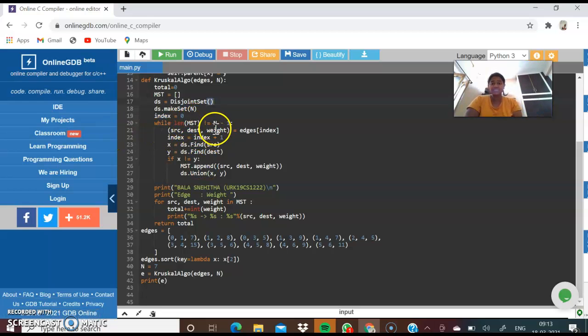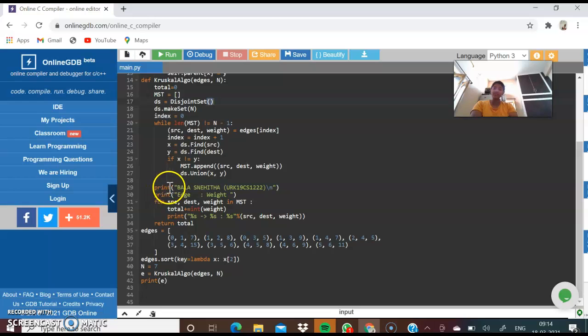Then while length of mst is not equal to n minus 1, then src, dst, weight equal to edges[index], index equal to index plus 1, x equal to ds.find(src), y equal to ds.find(dst). If x is not equal to y, then mst.append((src, dst, weight)), then ds.union(x, y).